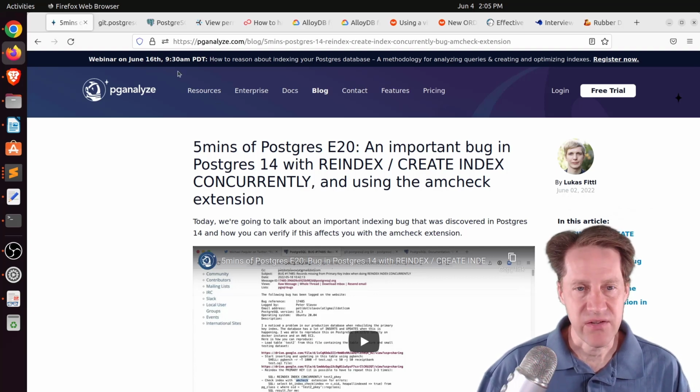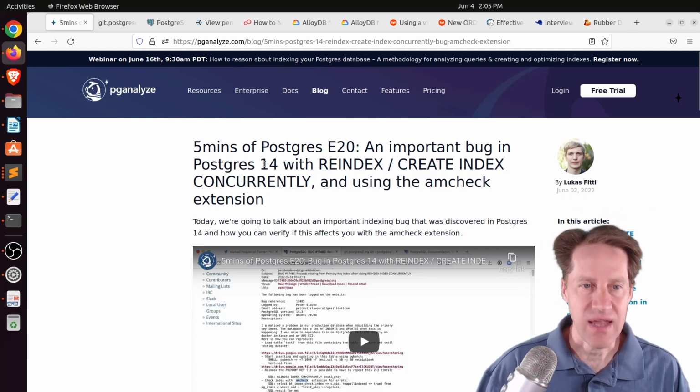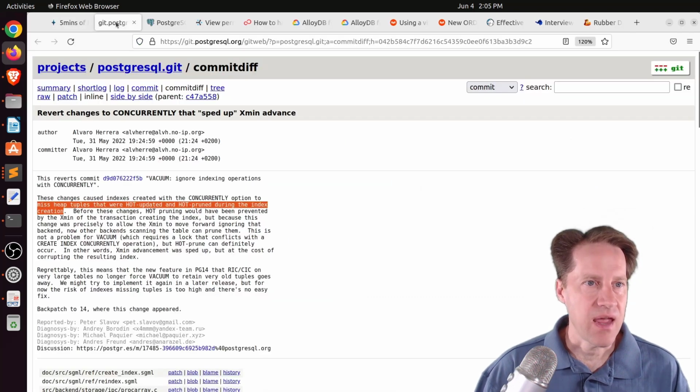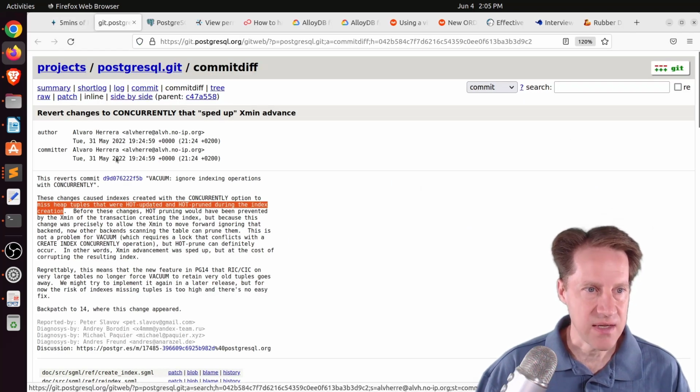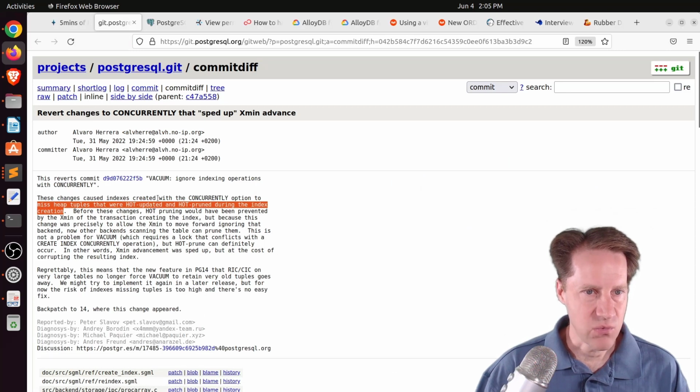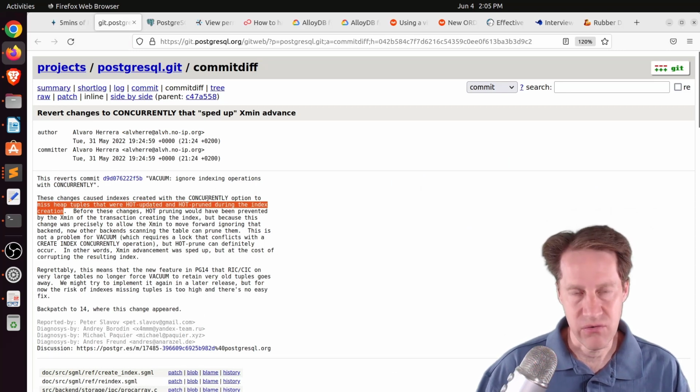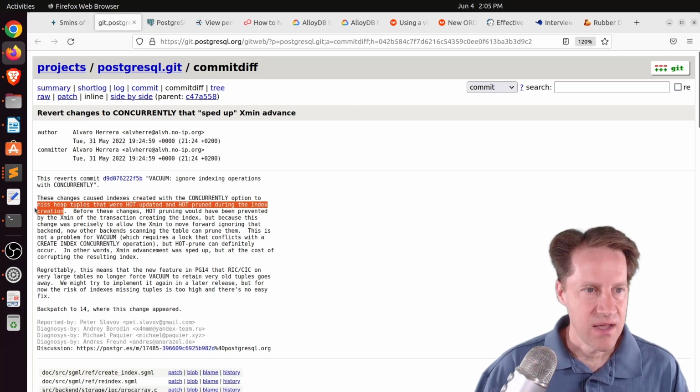And basically, there's a chance for index corruption if you've done a create index concurrently or a reindex concurrently in version 14. And he has the link to the Git commit here where they mention that when doing index creation or reindex with the concurrently option, it can, quote, miss heap tuples that were hot updated and hot pruned during